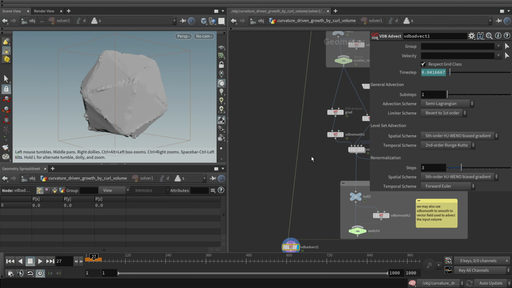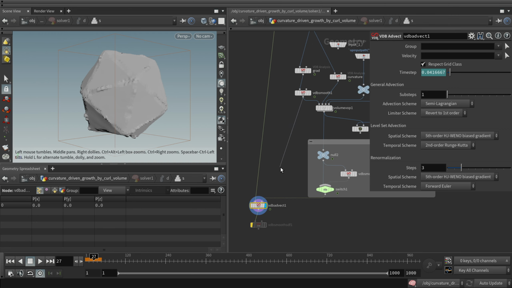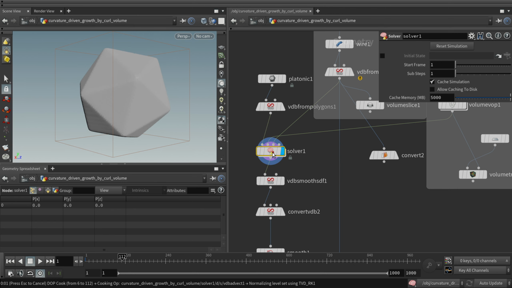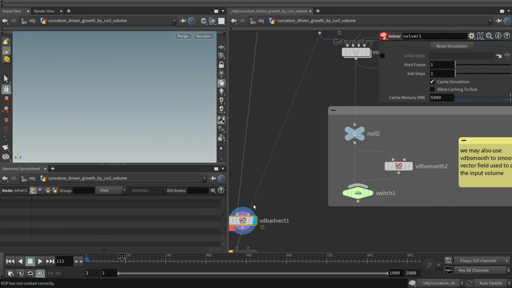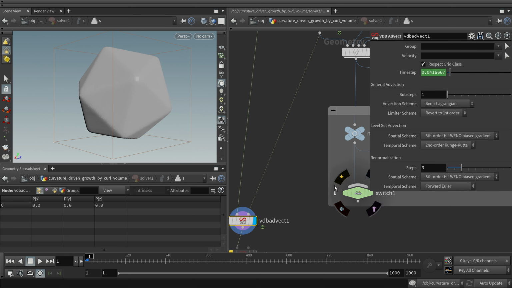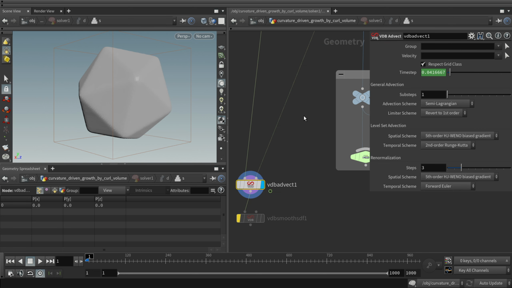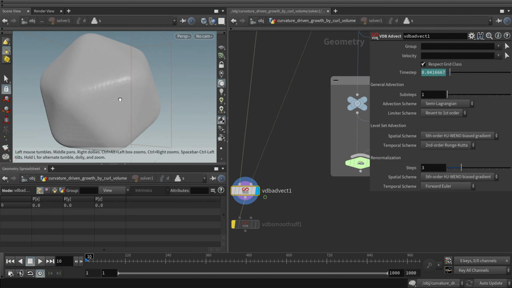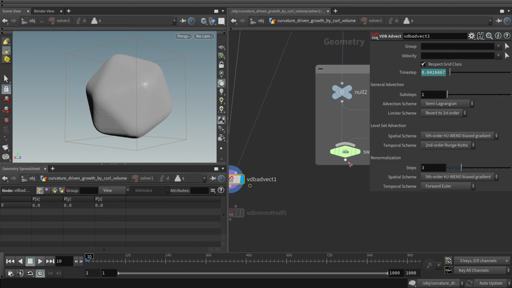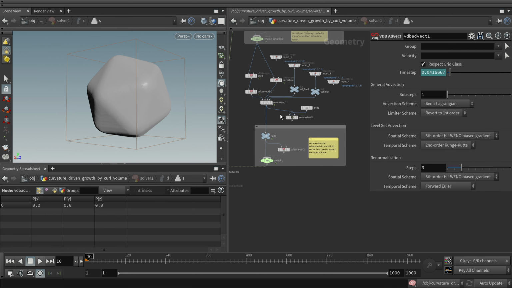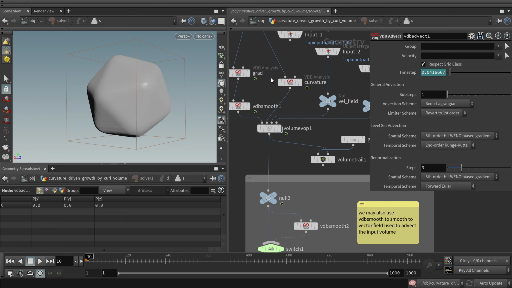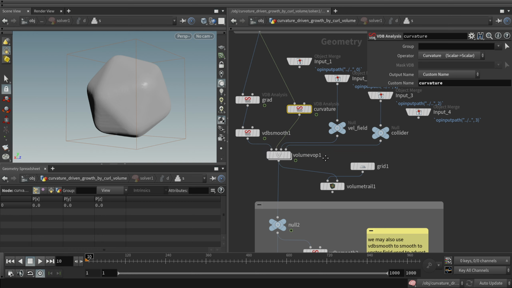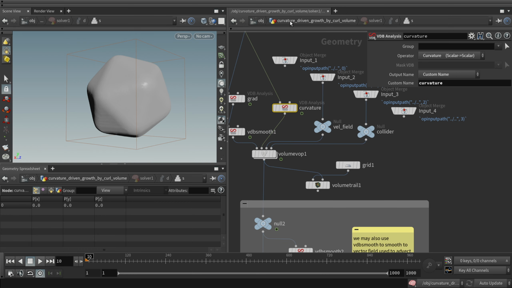But if we just advect by a gradient, the result is going to be very boring. If we just advect by the gradient, basically it's just a silly expanding volume, so it's going to be very boring. So the key idea is to mix with other attributes, like the curvature of the surface, or an external